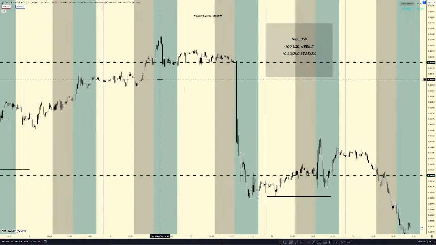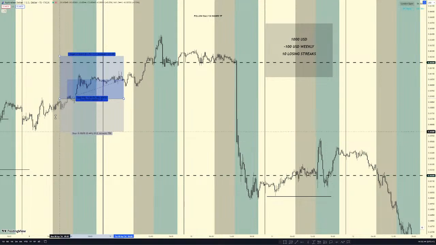So long story short, what I'm trying to say in essence is that I will now divide 10 by 100. And then it's telling me that the amount I can risk per session, per trade, is just 10 USD. So any time I'm looking for a long position or a short position, and I'm counting my pips in stop loss, I make sure that it does not exceed $10 loss or something around. Of course, it doesn't have to be 10 on point. It could be maybe 10.9, 11, or 9 or 8 or something thereabout. But it shouldn't be too much. You understand? That's what I'm trying to say.